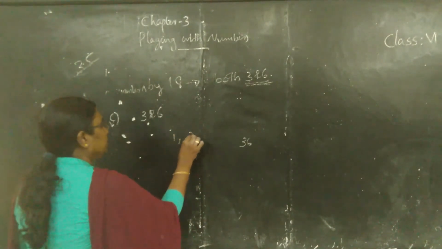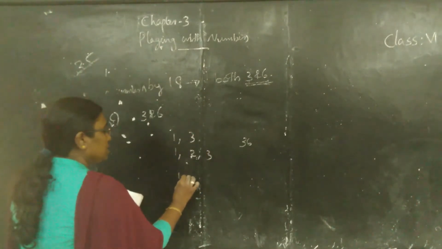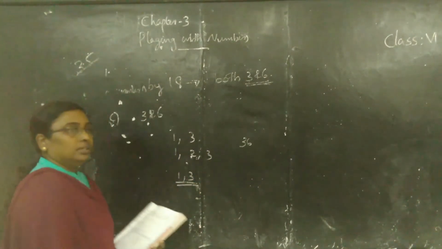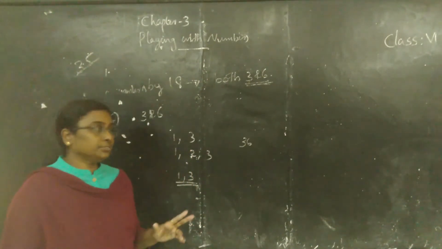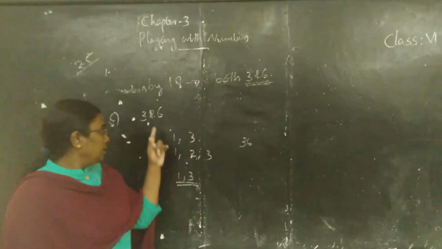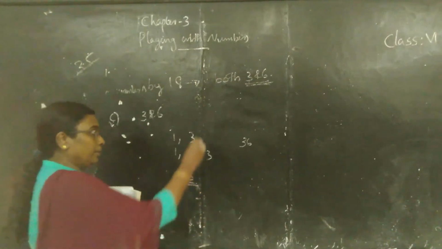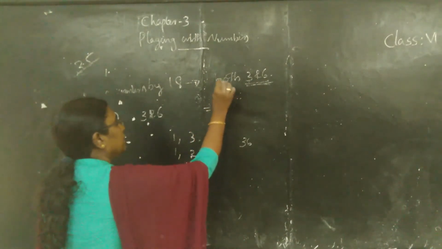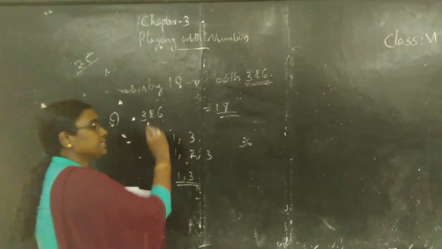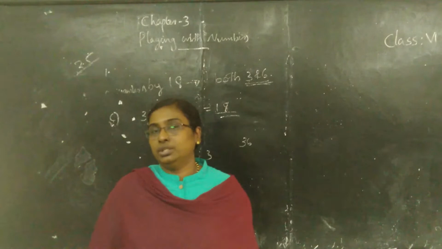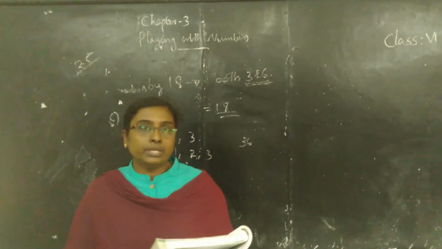Factors of 3 are 1 and 3. Factors of 6 are 1, 2 and 3. Their common factors are 1 and 3. If the only common factor of two numbers is 1 itself, they are co-prime numbers. In this case, 3 and 6 are not co-prime numbers. If they were co-prime, the number would be divisible by their product also. So it is not divisible by 18. Okay, so that statement is false.